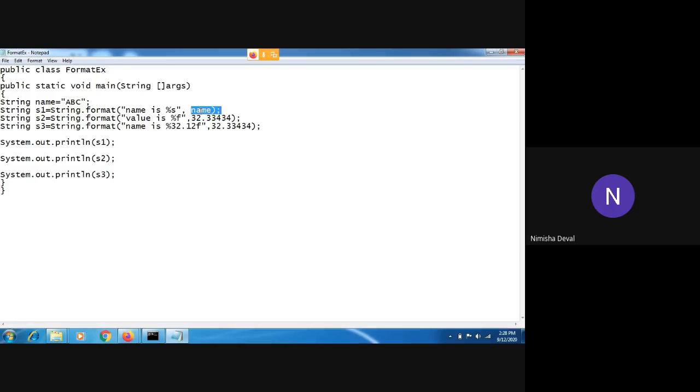So according to that, it will first print the name, because this is like a printf statement. Okay, like a printf statement. In place of the printf statement, you are writing the format process. Again, different methods are also there.